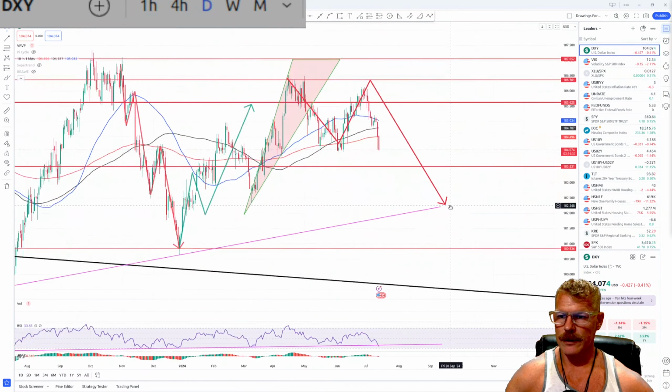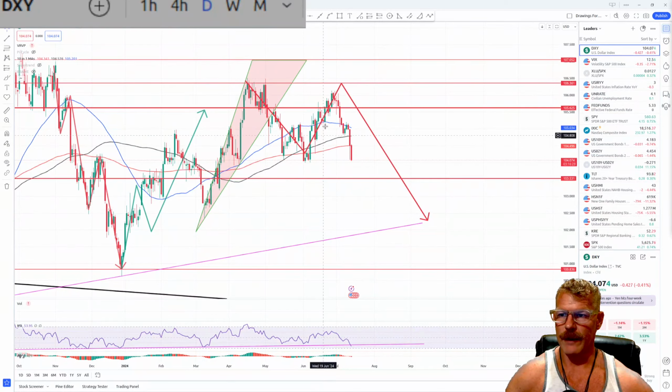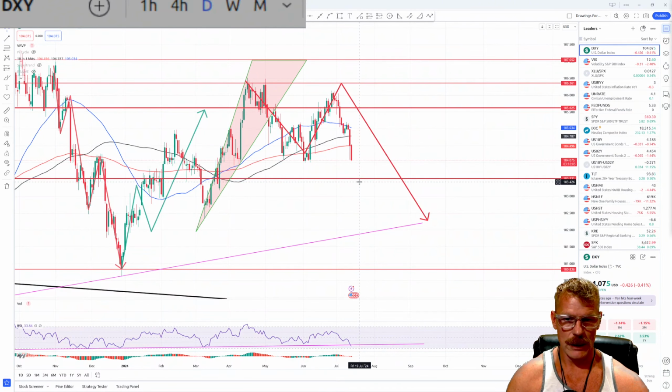Now the market, if we zoom in here, is anticipating that the Fed is going to start dropping, at least one drop before the end of the year. Market, of course, likes to be ahead of the game. Therefore, the dollar is dropping. All right, the dollar tends to drop when the market anticipates a Fed cut in rates, and this is because it increases liquidity, makes the dollar more accessible, and therefore it drives down the buying